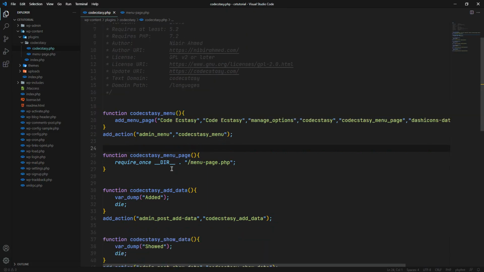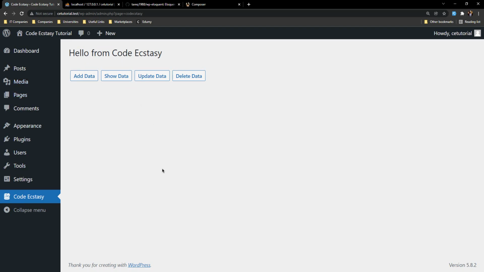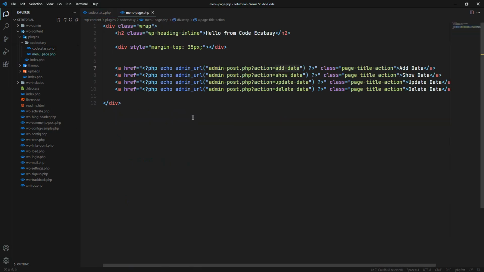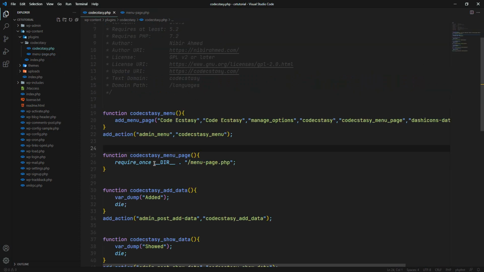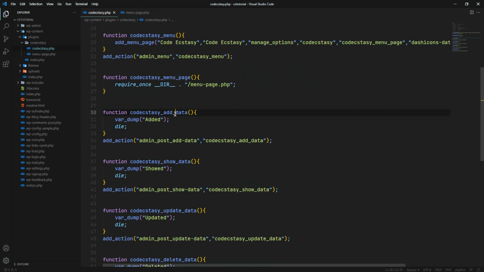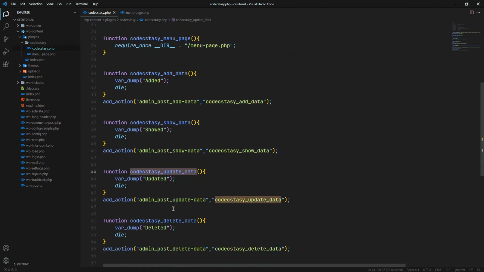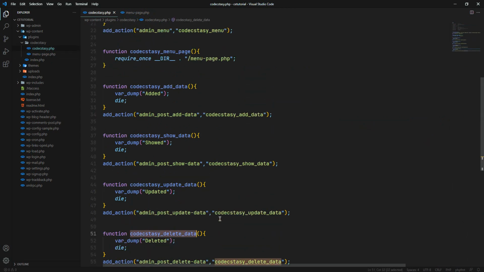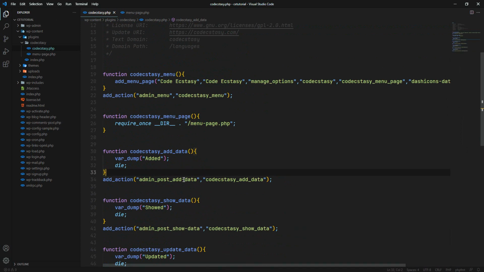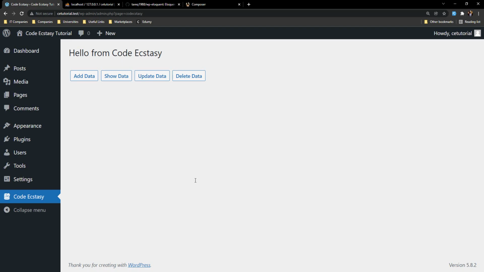This page is coming from this PHP file, and all the buttons are handled from here: add data, show data, update data, delete data. If you want to know how I've done this bootstrapping, you can knock me up. But now we're going to focus on